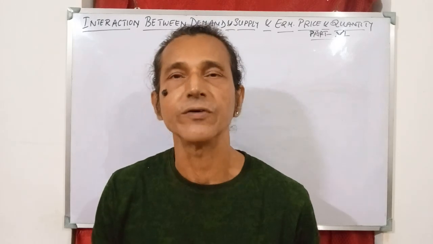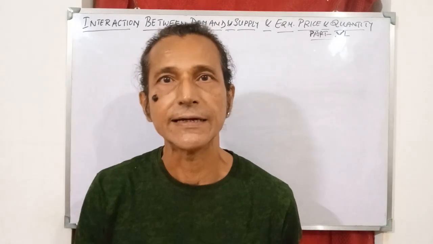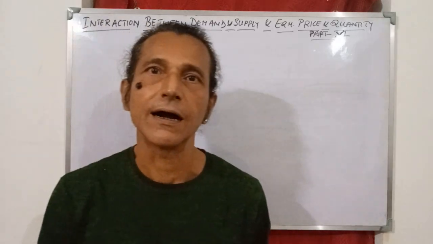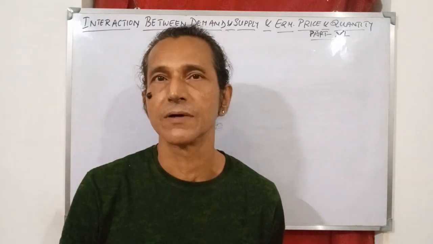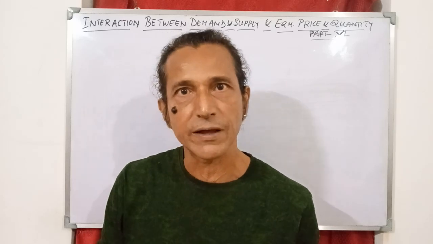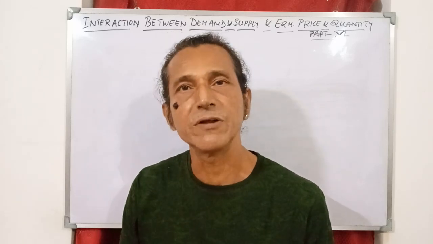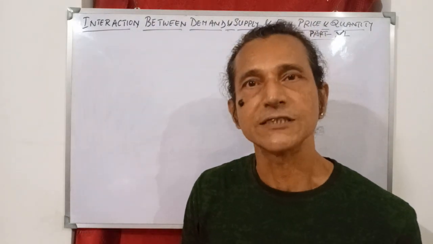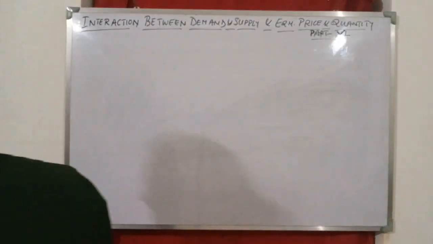This is part 6 of interaction between demand and supply and determination of equilibrium price and quantity in the market. As I promised in earlier videos that I would discuss 10 different scenarios where demand and supply and the interaction between demand and supply impact the equilibrium price and quantity in the market in different ways. So in this episode, I will discuss one scenario. And the scenario is